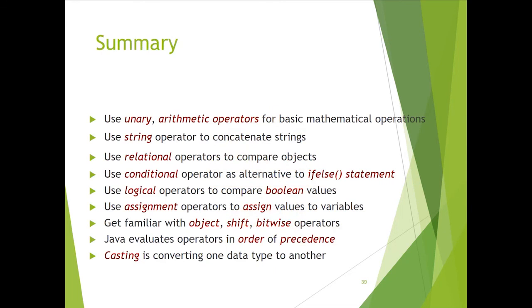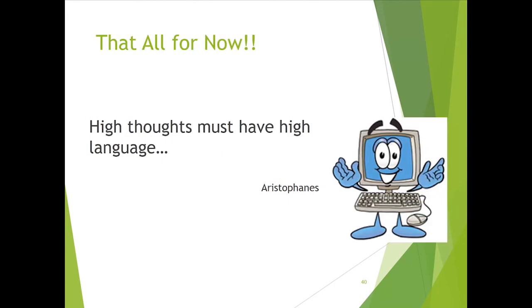Okay, so with that, that would be the end of today's topic, which is lesson 3. Just a summary: you are now able to use unary arithmetic operators for basic mathematical operations, use string, relational, conditional, logical, boolean, and assignment operators, and get familiar with object, shift, and bitwise operators. Java evaluates operators in order of precedence. Casting means converting one data type to another. And as they say, high thoughts must have high language. Aristotle. Okay, so